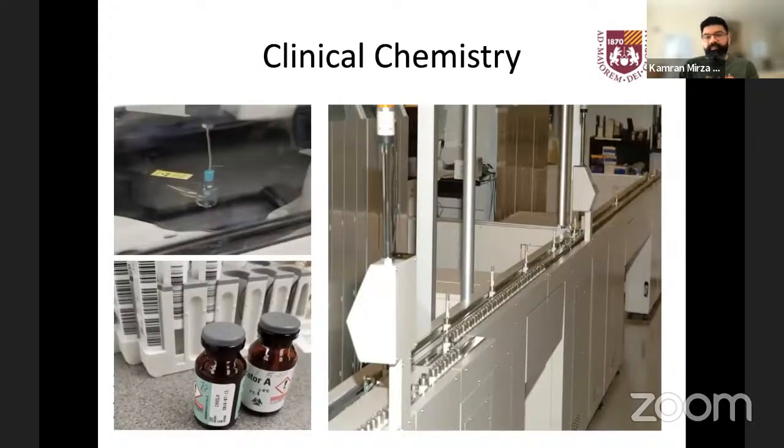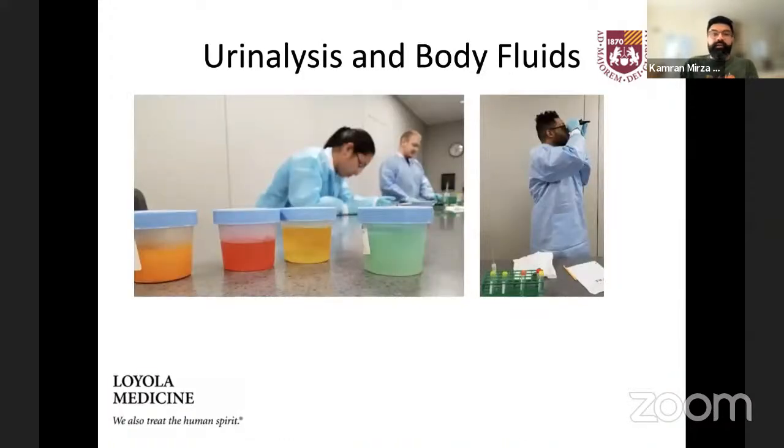Going through it, clinical chemistry is our chemistry laboratory. So any testing that needs to be done to look at anything that is in the blood. This could be markers of liver function, kidney function, thyroid function, any of those things. Drug monitoring in our patients is done in clinical chemistry. Urinalysis and looking at other body fluids is extremely important, right? So the color of the urine, are there any crystals in the urine? Is there any protein in the urine? Is there any glucose in the urine? All of these things are important, and they basically form the reasoning for other physicians